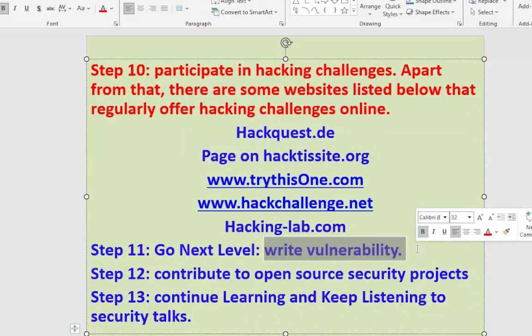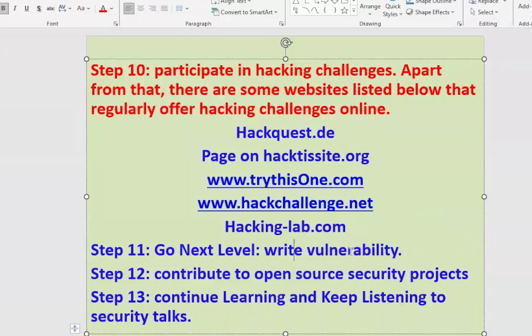If you are a white hat hacker, you find vulnerability for the welfare of the organization, to fix those patches and bugs. And black hat hackers find vulnerability to attack and to steal data. So both have different meanings, but finding vulnerability is required in both kinds of hacking, ethical as well as unethical.